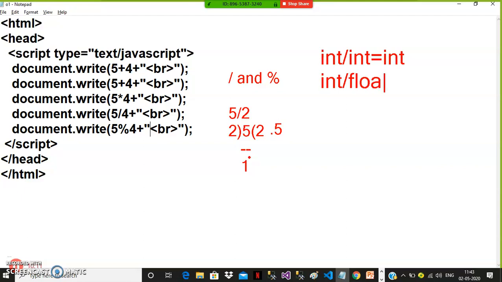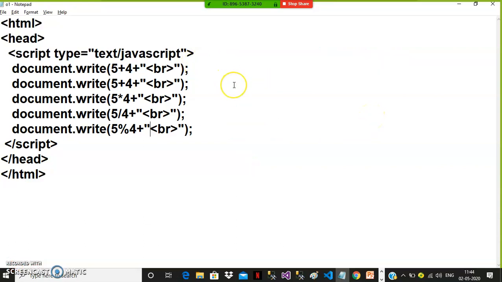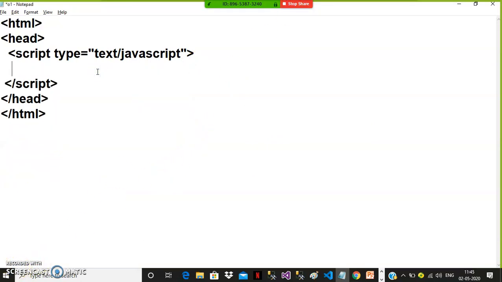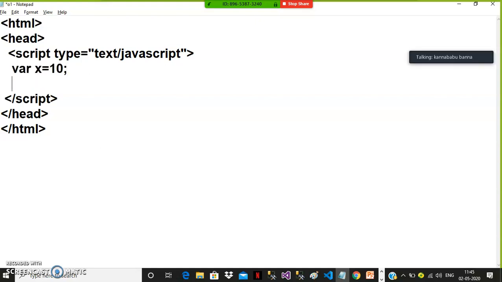Similarly, int by float is float. But in JavaScript, number by number is number only. Exact value you will get. Modulus will give us the remainder, and by will give us the exact floating point value. Something like this. We can write different programs by using these arithmetic operators, where x is equal to 10,